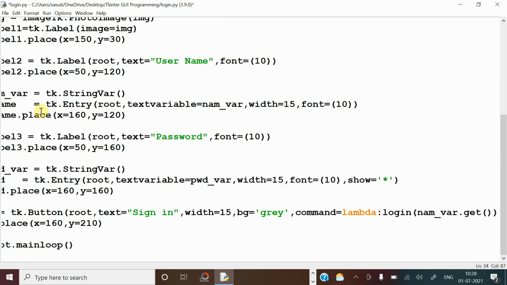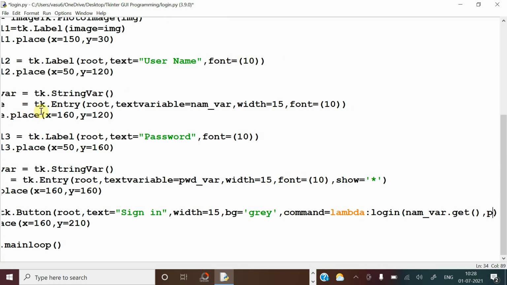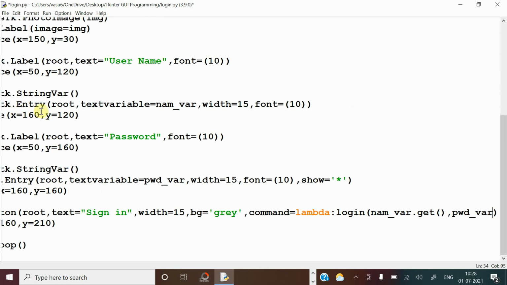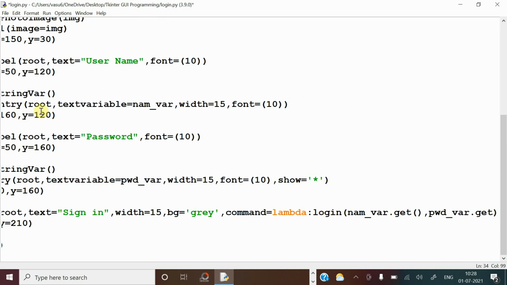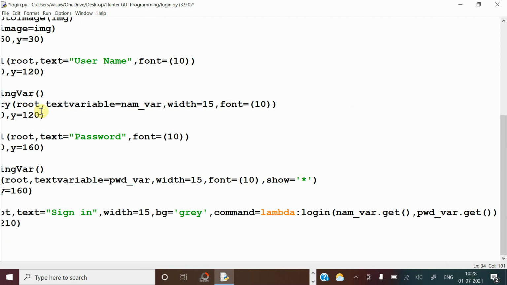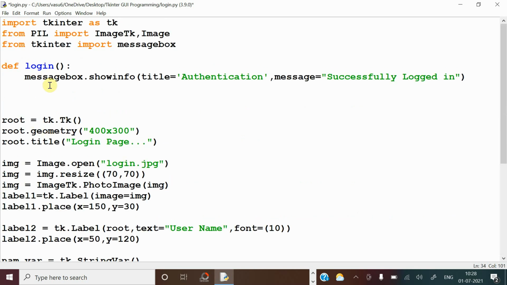After that, whatever data is stored in that variable will be taken. And next, password_var dot get. So whatever password is entered there will be taken. Now the same will be passed to the function. So here you can give name and pw. Now both the parameters are taken.